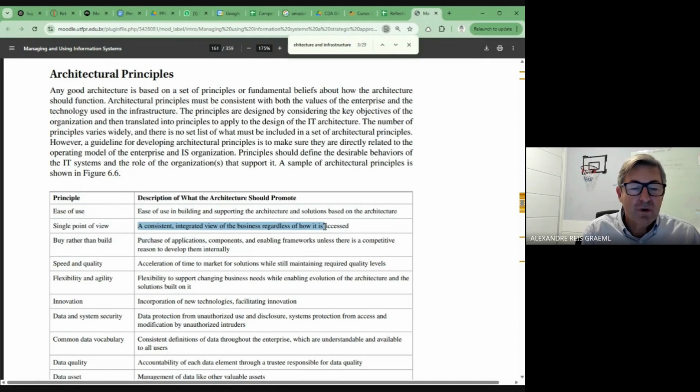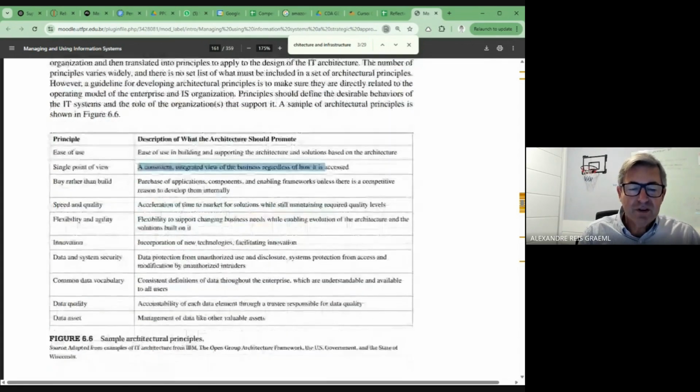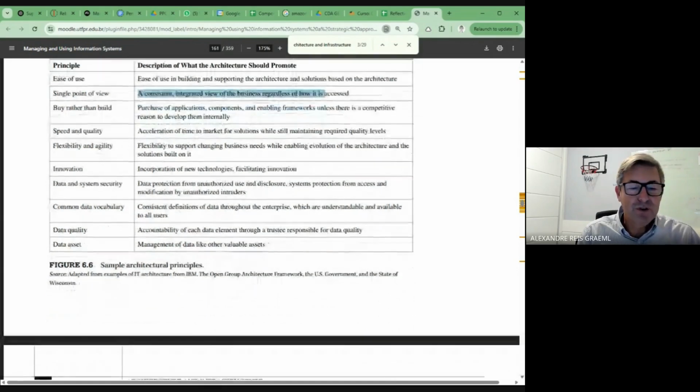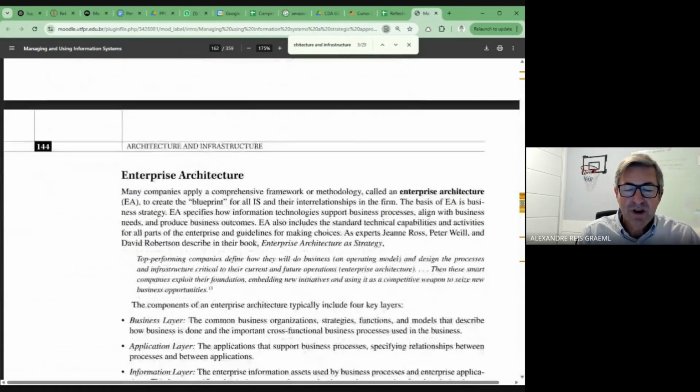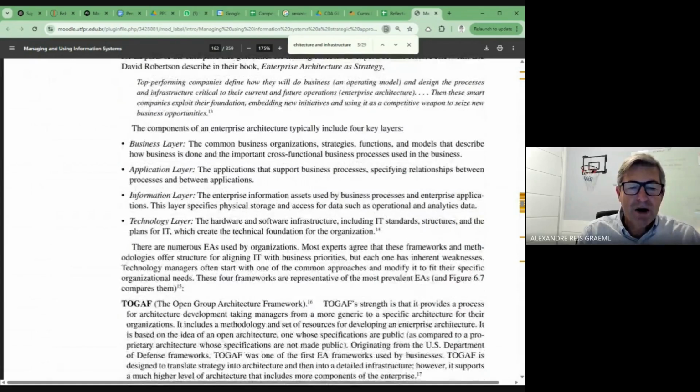So it's interesting the way here they mentioned several possible principles, and of course the principles of the architecture are defined by the strategist together with the architect, with those who will, let's say, implement the required or wished infrastructure. And then they discuss some ways of developing this enterprise architecture. They have some examples here. Some of them are